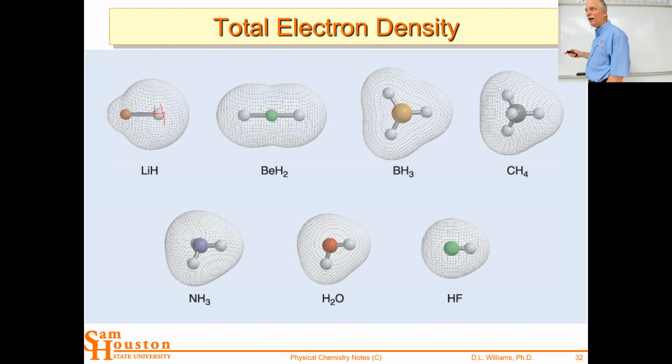Isn't that cool? Even just looking at the size of the electron cloud, you can see there's more electron density on the hydrogen than there is on the lithium. So lithium hydride, that's why we call it lithium hydride. We use the IDE to indicate that the hydrogen is negative. And then HF, we call it hydrofluoric acid, or hydrogen fluoride, the IDE indicates that the fluorine is